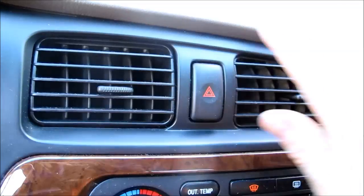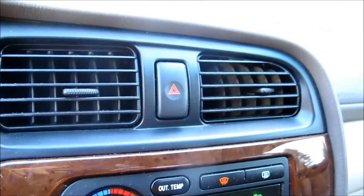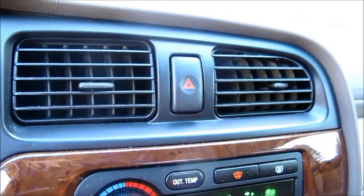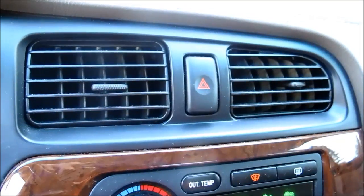But it looks like the O-rings fixed the system, and you know, with 140,000 miles, I won't worry about the compressor, you know, vacuuming out the system and all that. No big deal. If it works for the rest of the